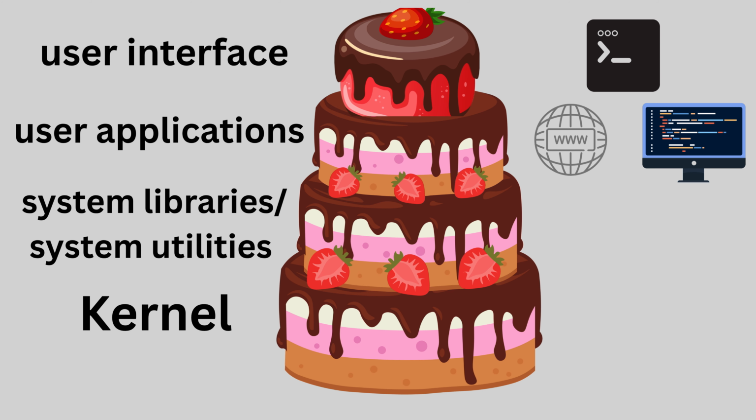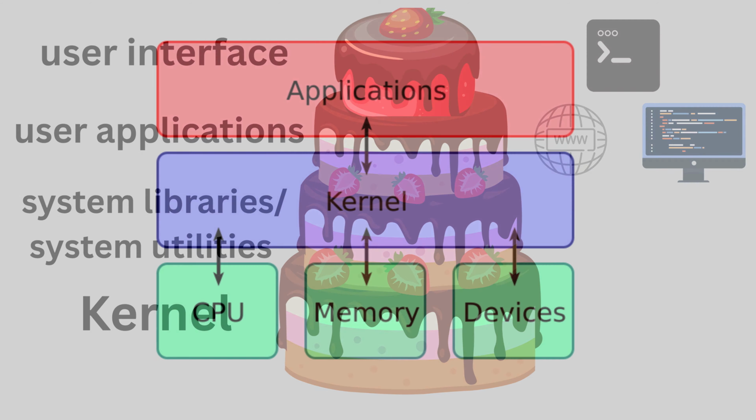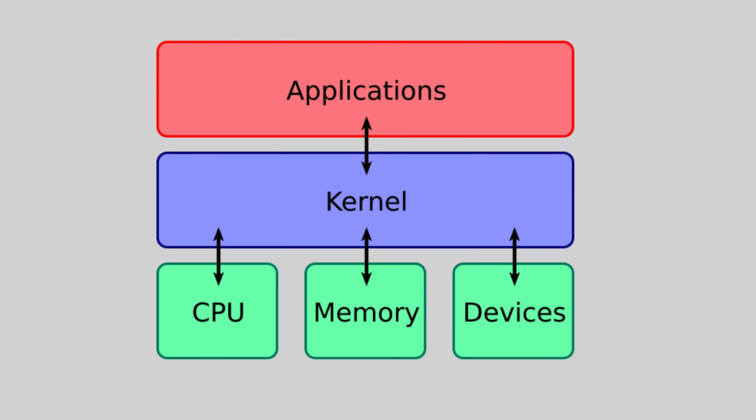Now, let's explore each layer, starting from the bottom. The Linux kernel is the foundation. It's the part of the OS that talks directly to your hardware: CPU, memory, storage, you name it. Written mostly in C, the kernel handles critical tasks like